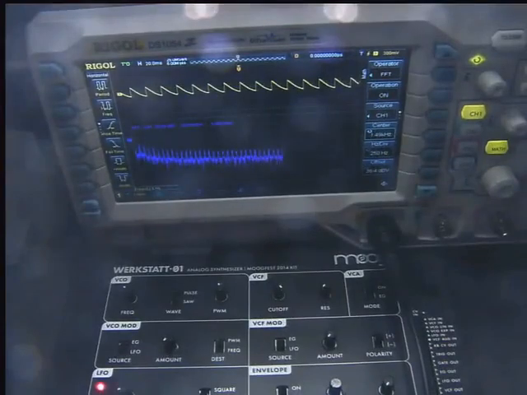So now we're going to take a look at the two spectra here. Let me explain what's going on in the oscilloscope, although it should be pretty self-explanatory. The very bright yellow waveform at the top is the time domain view of the signal coming from the audio output of our Werkstatt. It's exactly like the signals in time that we've been looking at in class all semester. And on the bottom, in purple, is its frequency spectrum.